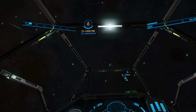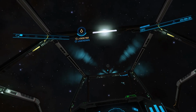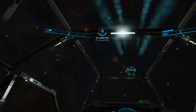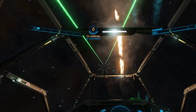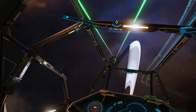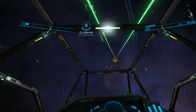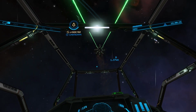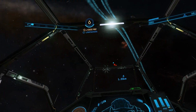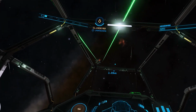Excellent. So what you want to do now is just slowly edge yourself forward towards it a bit, and keep your downward thrust going, and use your thermal vents when you get into range. Just keep the vents on it now. That's it. Now, you see the trail behind it? Roll yourself so that it is off to the side. Yeah, there we go, like that. Now, use your downward thrust. I'm on downward thrust. Okay, and now you might have to use a little bit of forward thrust to maintain